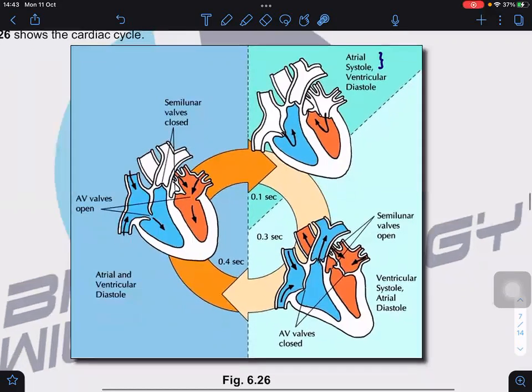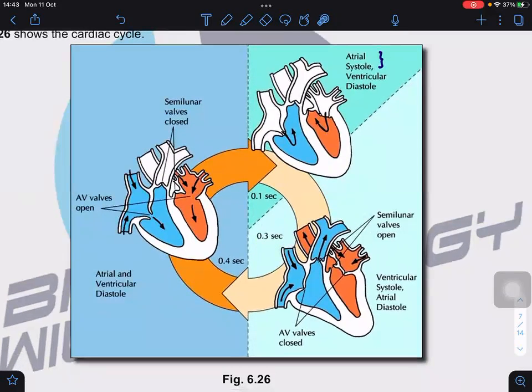So followed by 0.3 seconds of the ventricular systole. So what's the ventricular systole? During the ventricular systole time, our atrium is in diastole. The atrium actually relaxes, okay? So if you look at this, atrium relaxes, ventricle has the high pressure, so that means that